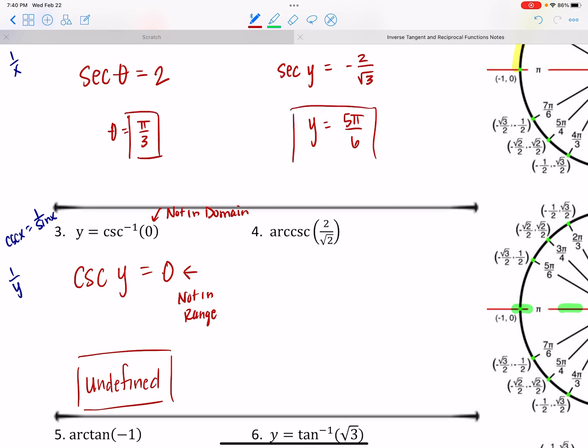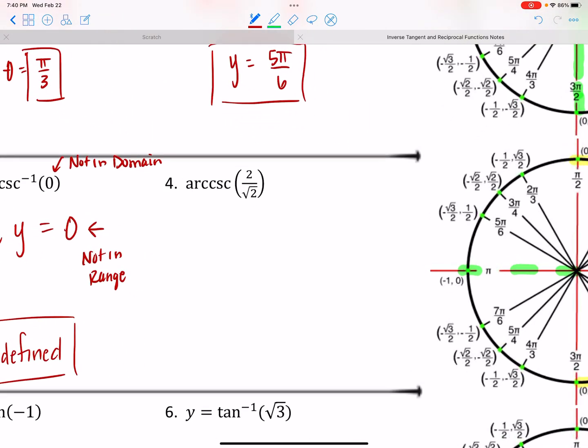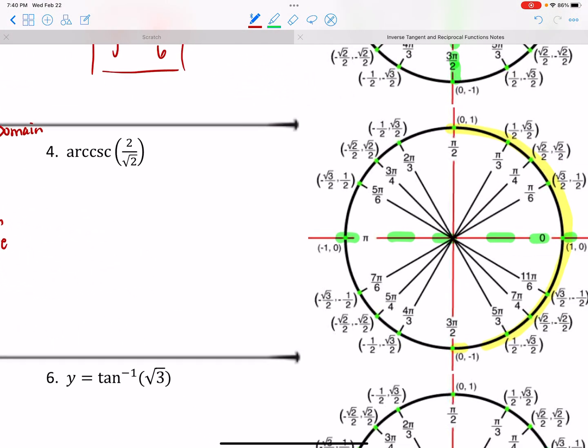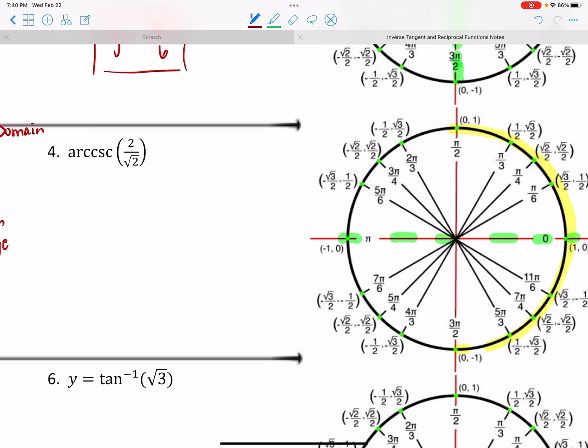All right, let's look at the next one. So number 4, we're looking for the arc cosecant of 2 over radical 2. So again, we are looking for an angle such that when I take the cosecant of that angle, I'm going to get 2 over radical 2. Cosecant, again, is the reciprocal of sine. So I'm trying to flip over one of my sine values and get 2 over